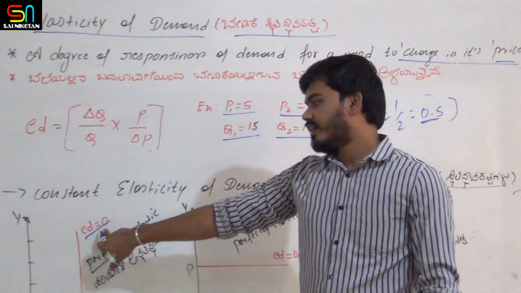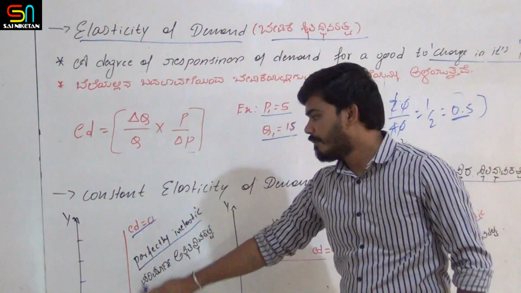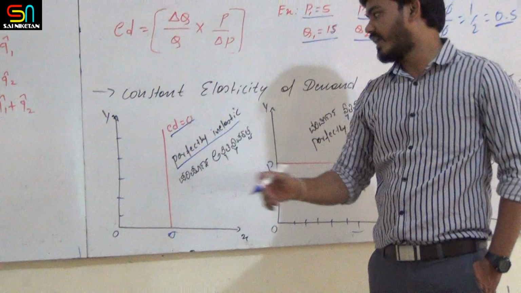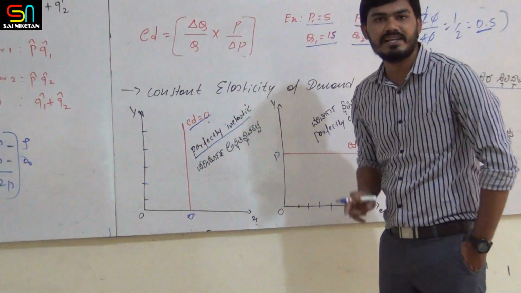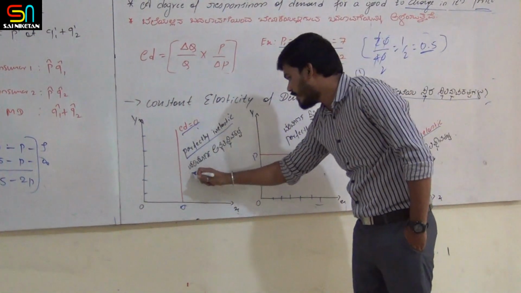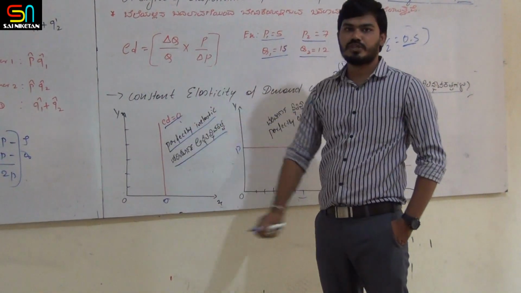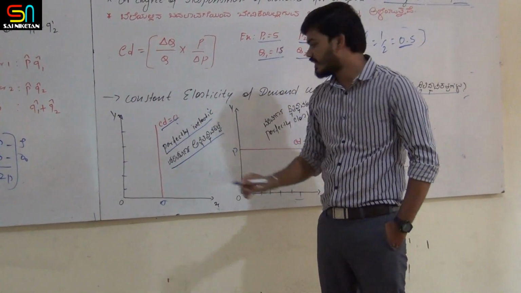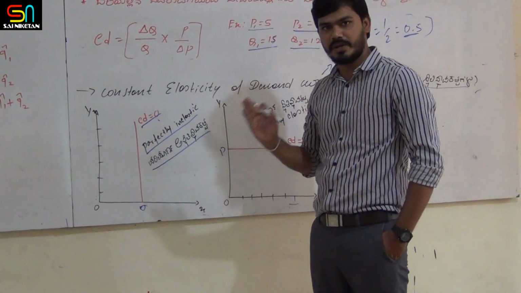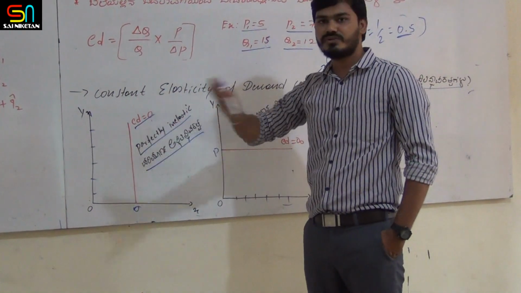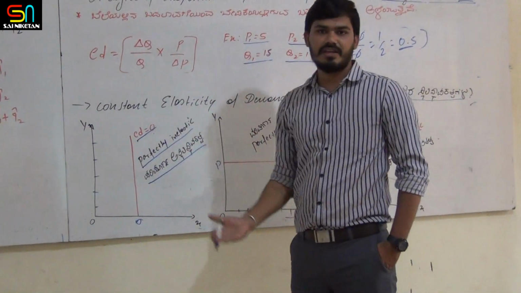ಒಂದು ವೇಳೆ ಲಂಬಾಂತರ ರೇಖೆ, ಇದನ್ನು ಲಂಬಾಂತರ, ಇದನ್ನು ಸಮಾನಾಂತರ ಕರೀತಾ ಇದ್ದೀವಿ. ಒಂದು ವೇಳೆ ಬೇಡಿಕೆ ಸ್ಥಿತಿಸ್ಥಾಪಕತ್ವವು ಲಂಬಾಂತರವಾಗಿದ್ದಾಗ, ಅಂದರೆ ED ಈಕ್ವಲ್ ಟು 0, ಬೇಡಿಕೆ ಸ್ಥಿತಿಸ್ಥಾಪಕತ್ವ 0 ಇದ್ದಾಗ ಅದನ್ನು ಪರಿಪೂರ್ಣ ಅಸ್ಥಿತಿಸ್ಥಾಪಕತ್ವ ಅಂತ ಕರೀತೀವಿ. ಇದರ ಅರ್ಥ ಬೆಲೆಯಲ್ಲಿ ಏನೇ ಬದಲಾವಣೆ ಆದರೂ, ಬೆಲೆ ಹೆಚ್ಚಾಗಲಿ ಕಡಿಮೆ ಆಗಲಿ